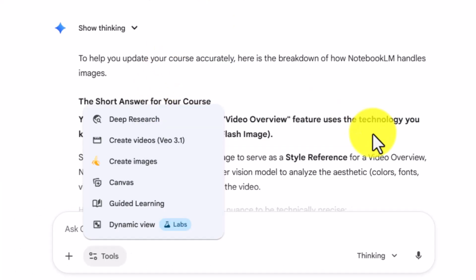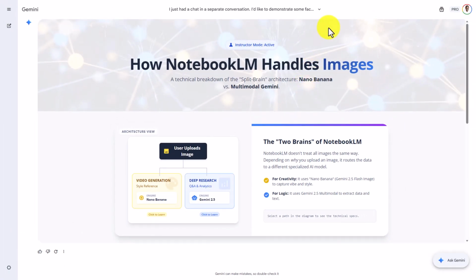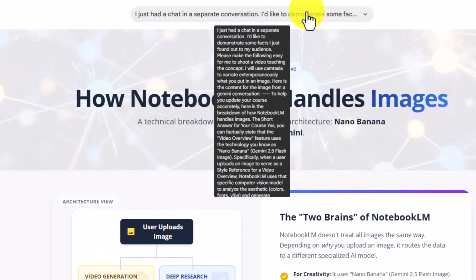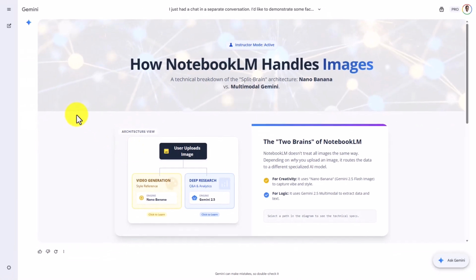So what I did was I copied and pasted Gemini's answer, and then I went to the dynamic view. Once I pasted inside the dynamic view, I just asked dynamic view to make it easy for me to show you Gemini's answer, and you'll see my prompt here at the top. And I basically asked dynamic view to just take all of that information and to make it presentable to you in this video. And dynamic view, which is also powered by Nano Banana Pro, is Gemini's answer but now made